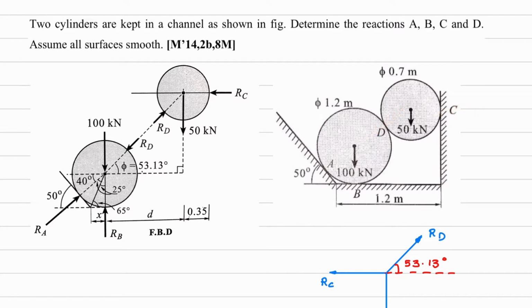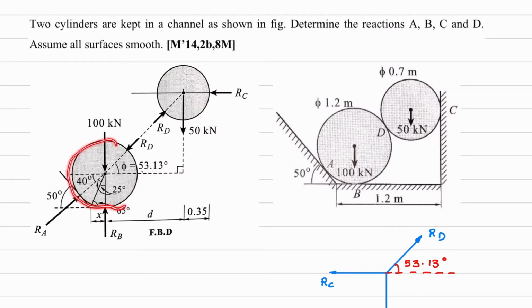Now what is asked in the question is to find the reaction at A, B, C, D. Point D is over here, which is the point joining both the cylinders. Since the reaction at D is asked, we have to draw the FBD in a separate way. For both the cylinders we draw separate FBDs so that we can show the internal force RD. This is about the diagram part. Now we will see the FBD part of this one.